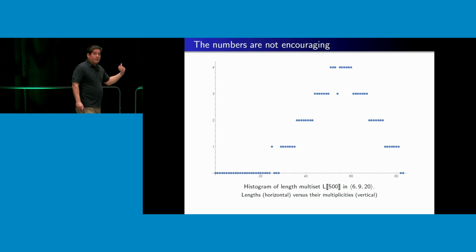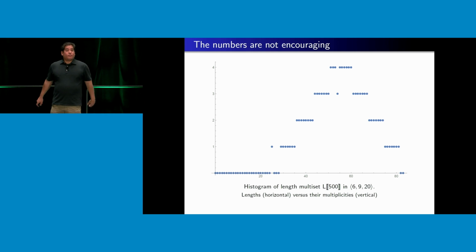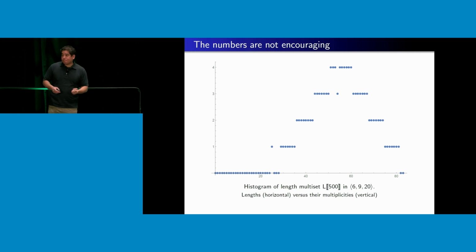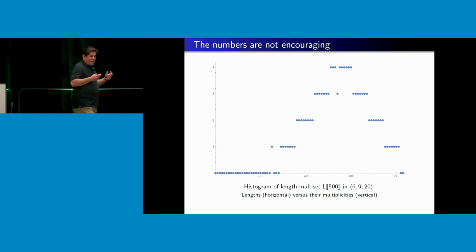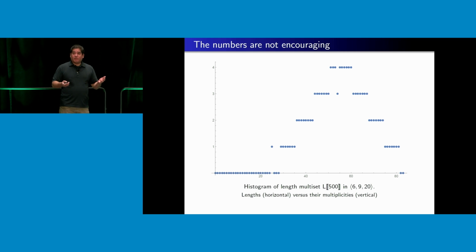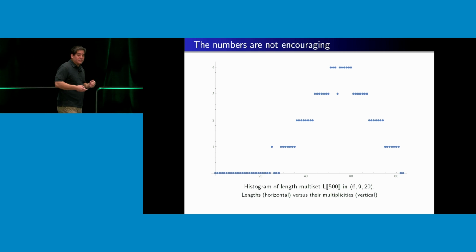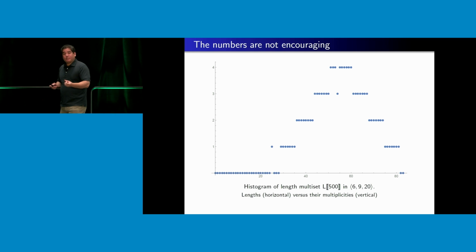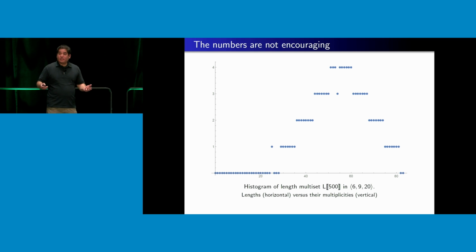So what I have here is the histogram for the length multiset for 500 nuggets using the classic box sizes 6, 9, and 20. So what I have here kind of looks like an irregular step pyramid. And it looks like a step pyramid, but there's some irregularities, some dots hanging out in air, some holes in the step pyramid. But what this is: I order 500 nuggets. I look at all the possible ways to fulfill that order for 500 nuggets, and I plot up this histogram of factorization length.